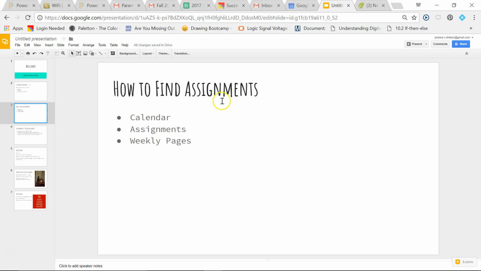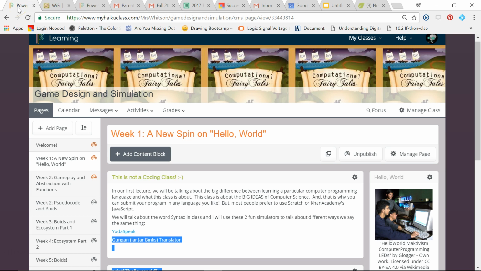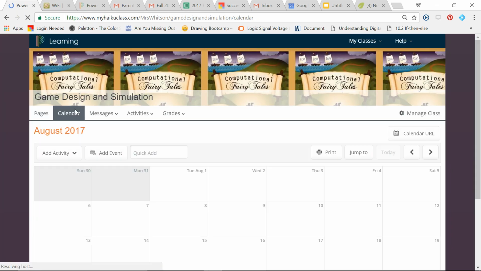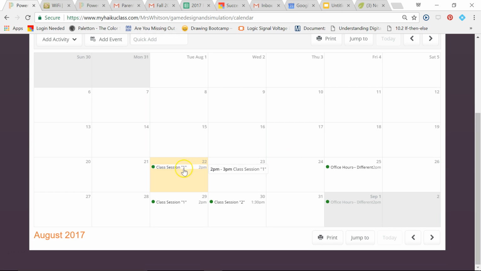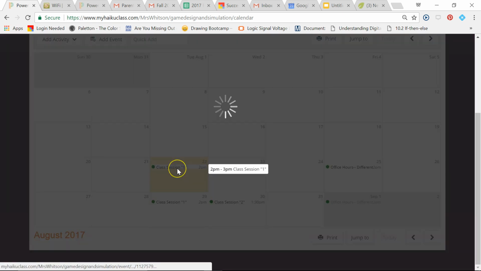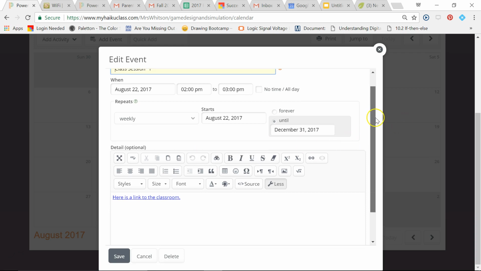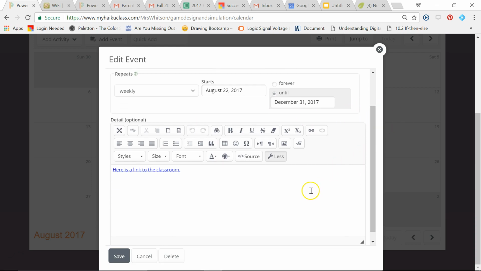Okay, the next thing is how to find the assignments. Sometimes students get a little bit lost on finding the assignments in our Haiku. They can find the assignments on the calendar, and the calendar is great for a lot of things. So let's go down. The calendar, if you click on the class session, we have more than one classroom going. GHF is getting bigger, and so we have more than one classroom going at a time. So here it is. Once you've signed them into Electa, they can come to the calendar. They can click